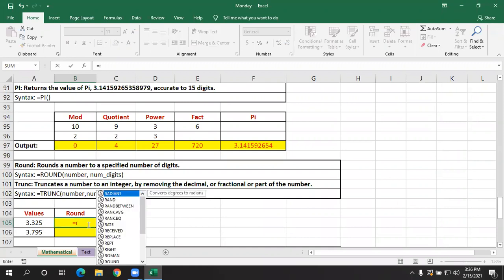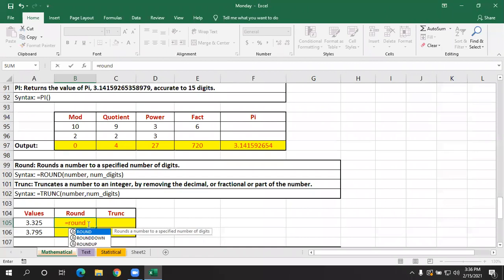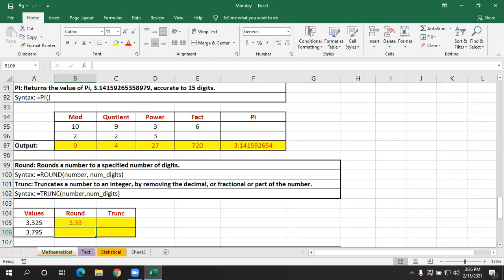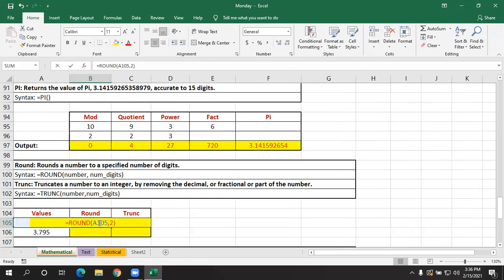Equals ROUND is a function, select a number, comma, I want to round it to only two numbers after the decimal point. If I press enter here, it is showing 3.33. Why is it showing 3.33?